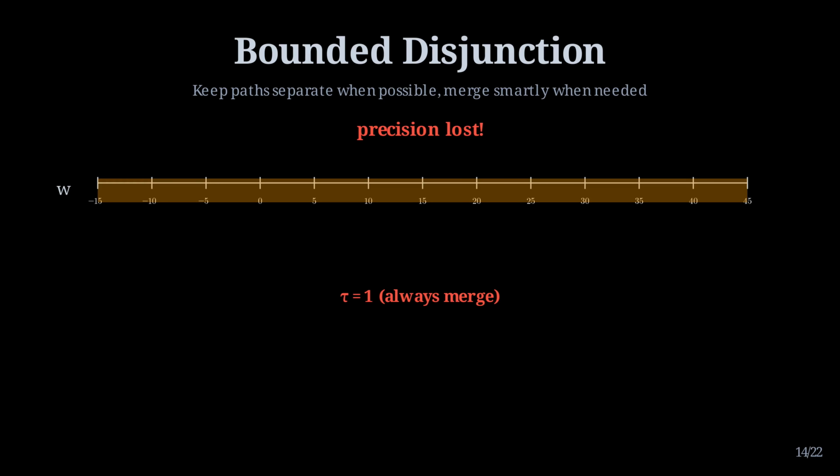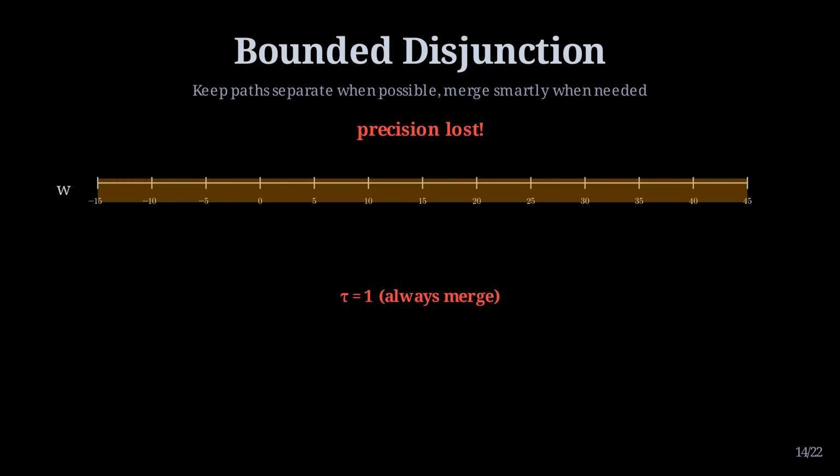The standard approach is to take the join, which for the intervals means taking the union, and this can destroy precision. Going back to the motivating example, from the true branch at line 9, the analysis derives w less than 5. From the false branch, w greater than 25. If we naively join these into a single interval, we get w in negative infinity to positive infinity, which tells us absolutely nothing. The entire infeasible region from 5 to 25, which we worked so hard to compute, vanishes in